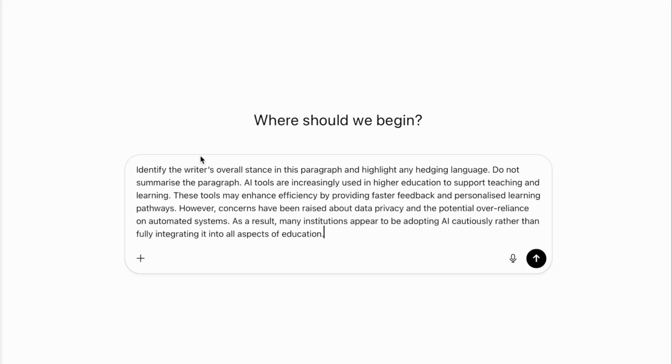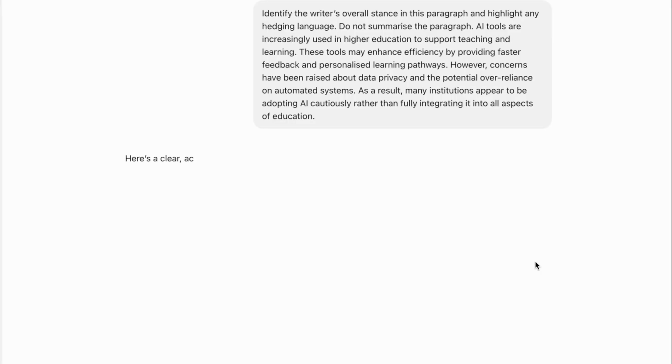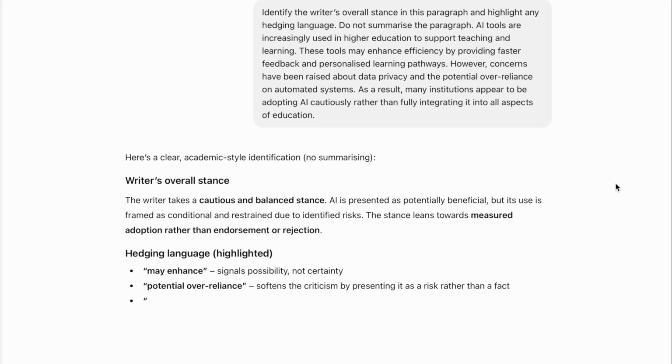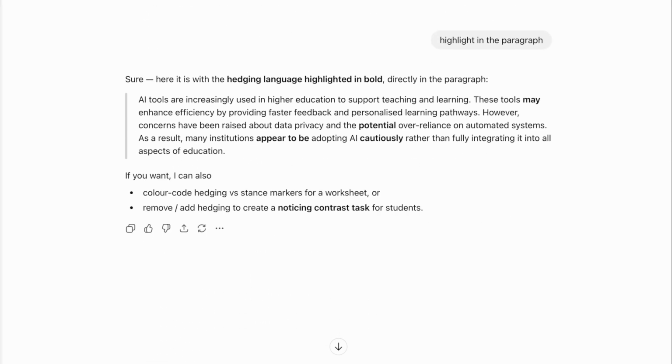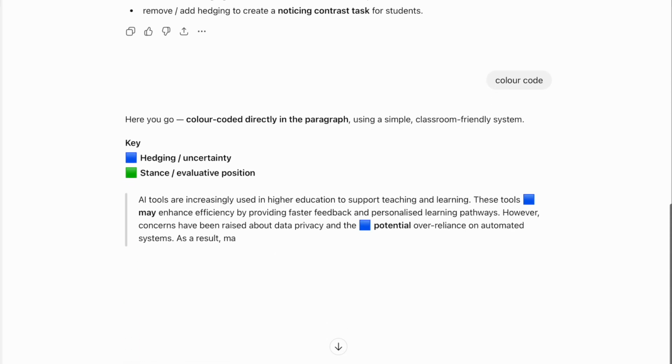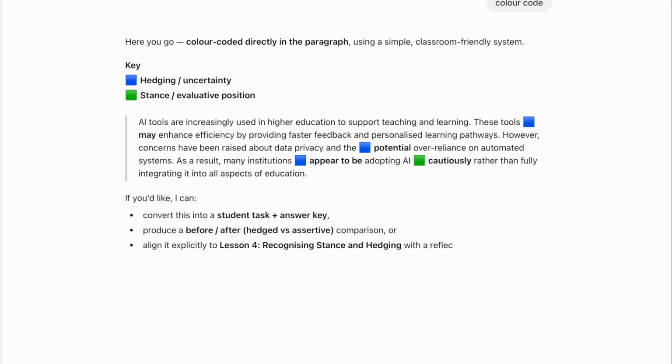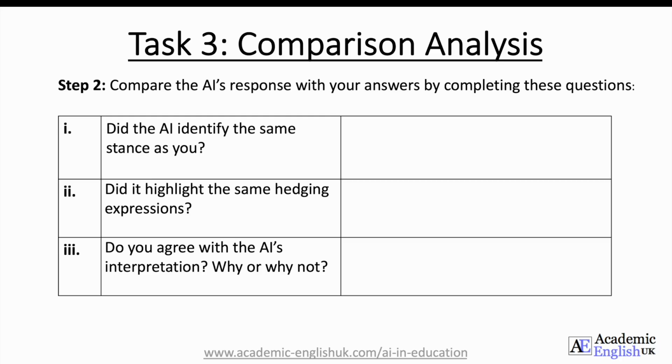This way we actively engage with the task and develop our own understanding. So here I paste the instruction and then the reading text. I can also ask AI to highlight in the paragraph too like this, and color code too. Once I've done this, I move on to step 2 to compare the AI's response with your answers by completing